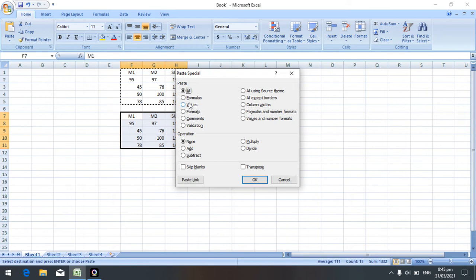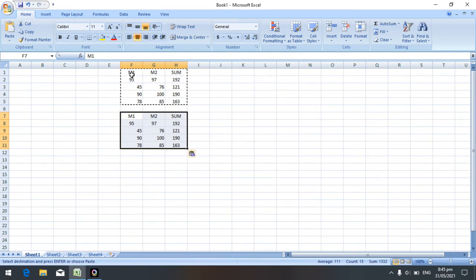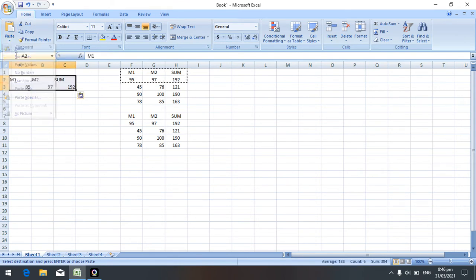I will show here. If I want only the formula, then what you can do is select this one, then click on the copy option, place the cursor here, then click on paste special and Formulas. When I click here, it shows the formula, that is equal to A3 plus B3. Now I will use only the values.